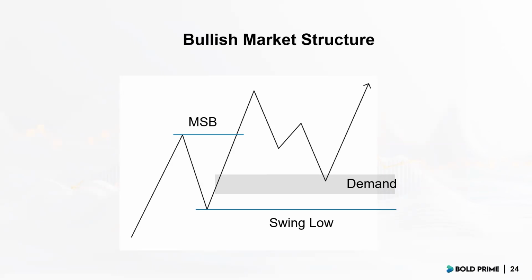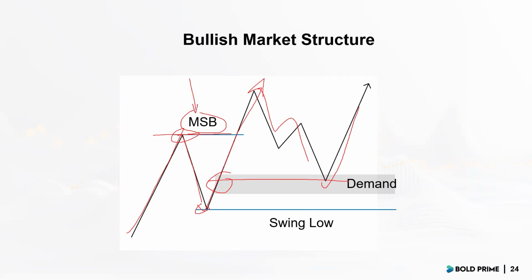So today, if you're looking to take a trade, the first step, as I mentioned, is you need to have a market structure break, where the market structure direction is the same as our forecasted one. So we have a move to the upside, we form a high, the market pulls back, we form a low, and then the market moves up further, breaking that previous high. That's what we call a market structure break. This means that we are in a bullish market. Then we wait for the pullback towards our order block as a demand area, and then we look for entry.